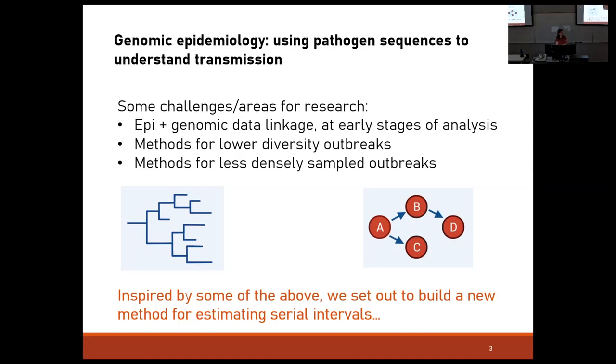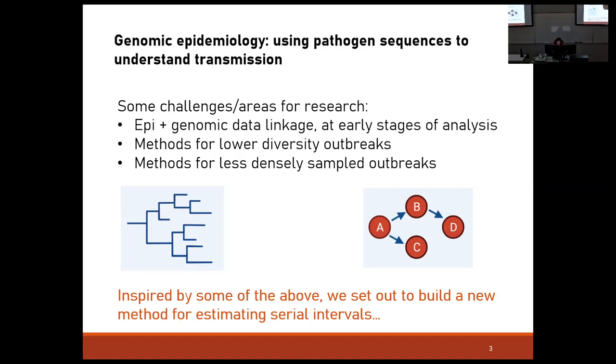And then related to that as well, less densely sampled outbreaks. As I said, a lot of our transmission reconstruction methods are designed for when we have a relatively high sampling rate among people in an outbreak. You know, we've done a detailed study, we've followed up with secondary cases. But now we've got, not just in COVID but for things like TB, where people are doing regular sequencing, I think we need methods that work in, and I've drawn a little figure here,